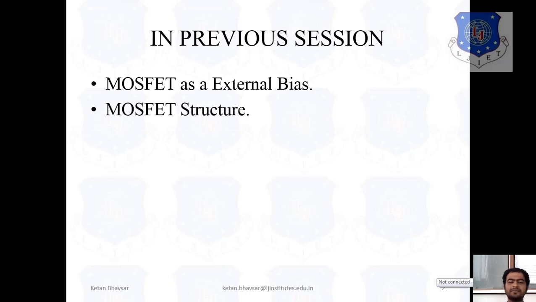And we also studied the basic MOS structure, how it looks in 3D, and we saw the diagram of the 3D structure. We can identify how the MOSFET structure actually works when we apply the external voltages, and we saw the variation of holes and electrons when we increase the gate-to-source voltage greater than the threshold voltage, less than the threshold voltage, and so on. So now we move to the next.